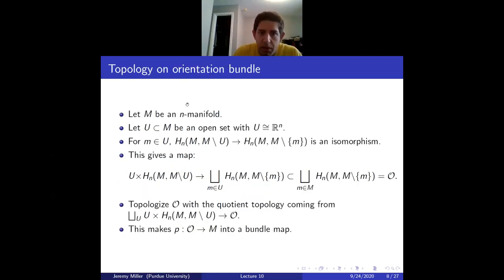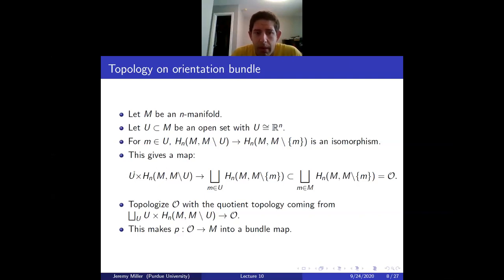So we have this manifold. What we're going to do is pick open sets homeomorphic to Rn. M is a manifold, so we can find a cover by these. And if you have a point in here, a similar argument to the one computing that this is Z says that this is Z, and in fact that this map is an isomorphism. So both of these groups are Z, and so what does that give? That gives us a map